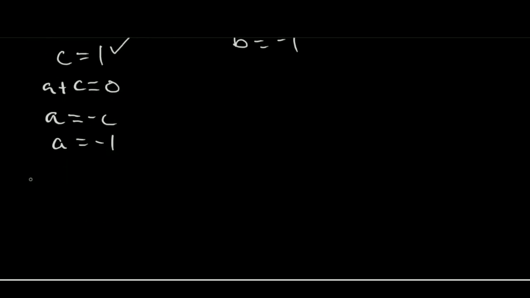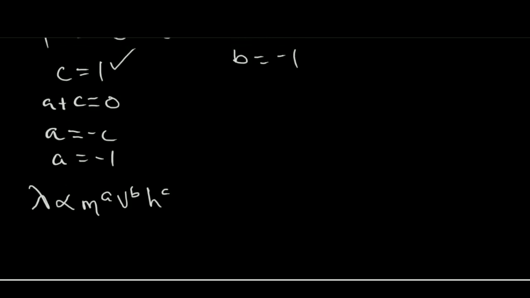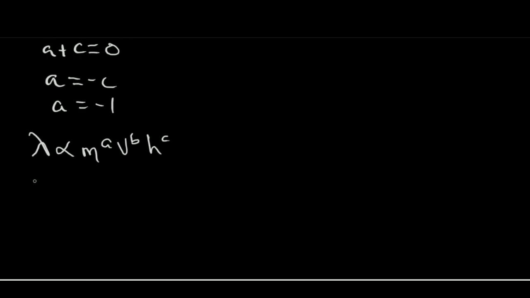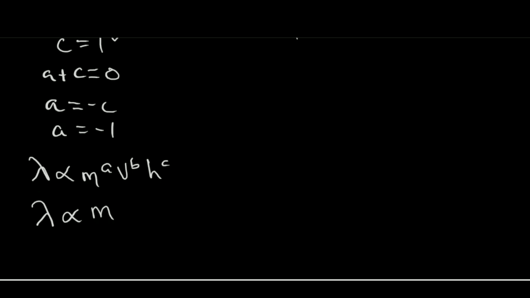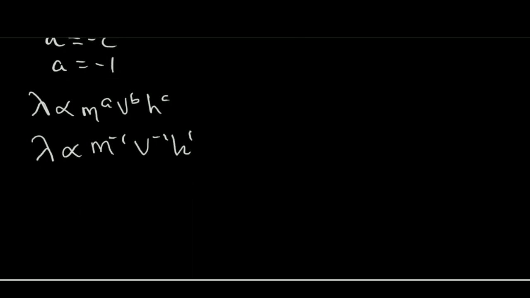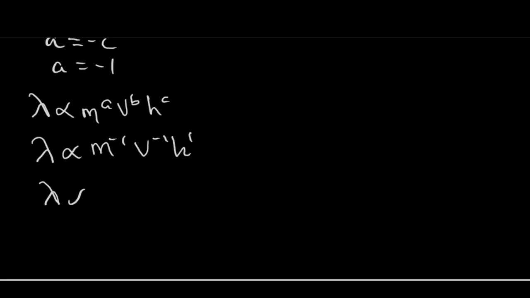Now remember our equation is presented like this. So let's substitute the respective values for a, b, and c. We'll have lambda proportional to m to the power negative 1, v to the power negative 1, and h to the power 1. So this comes out to be, here h is raised to a positive exponent, so it will be the numerator, then these ones will be denominators like this, and we've proven